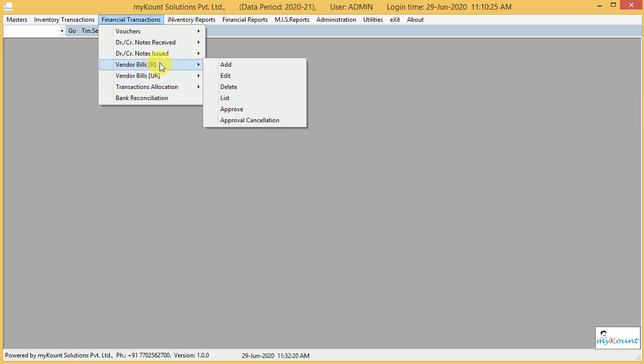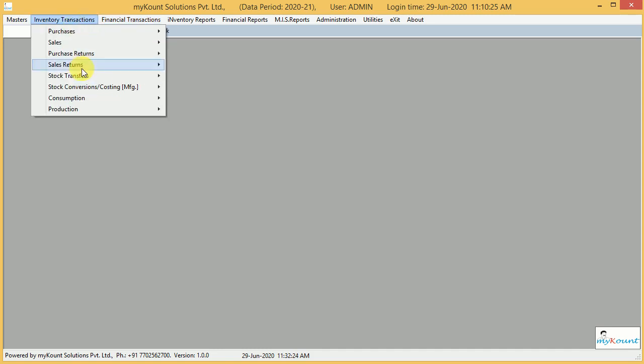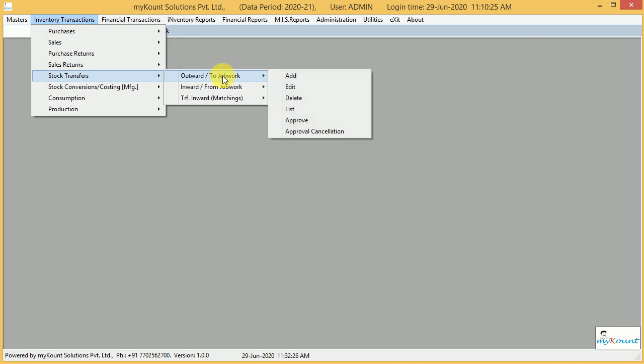Registered with tax, we will enter it here. The reason these two are separate is that for transfers there is no tax. Hence, we will generate tax bills for processing charges only. So this is job work processing and transfers.